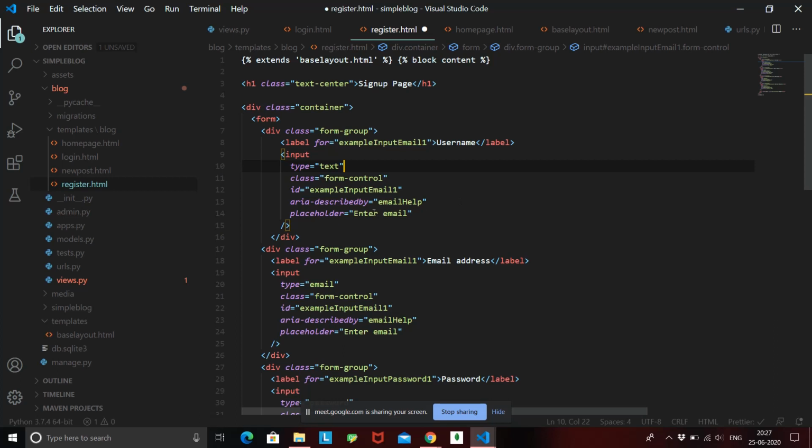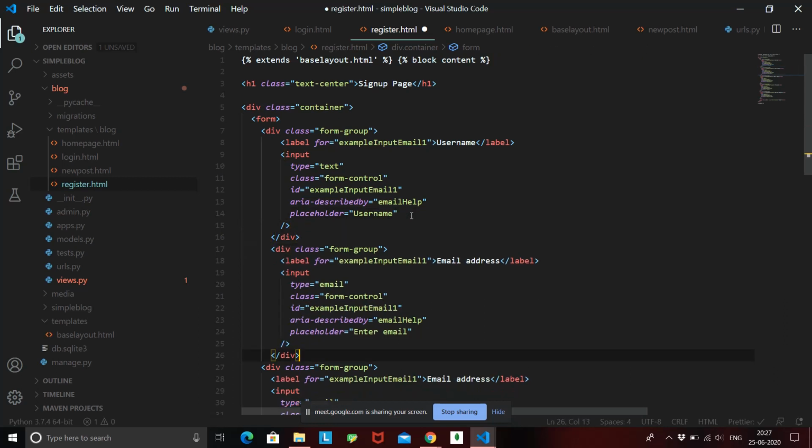Okay, and we'll change the placeholder also, that is now it should say username. Okay, that is done. So let's try to paste it again.